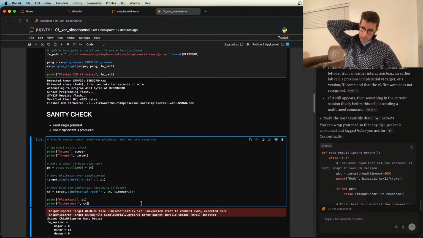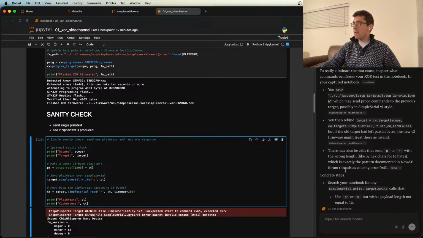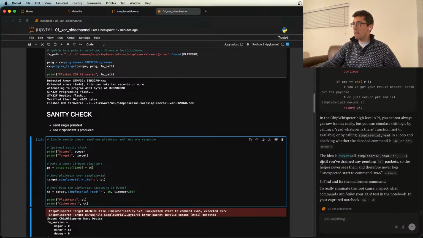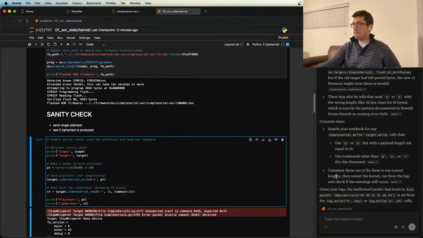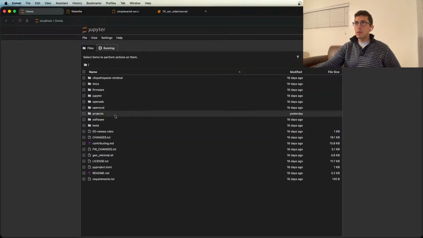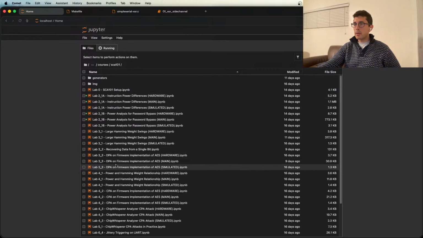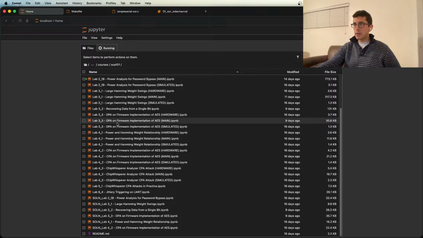So this feels like a huge failure. I think what I need to do is just stop working on this for now and start working on the labs that are available here in the Jupyter courses, SCA 101, and just keep working on the things that already have solutions. So that's what I'm going to